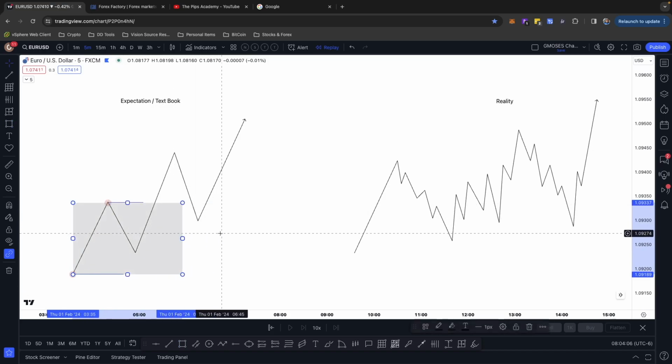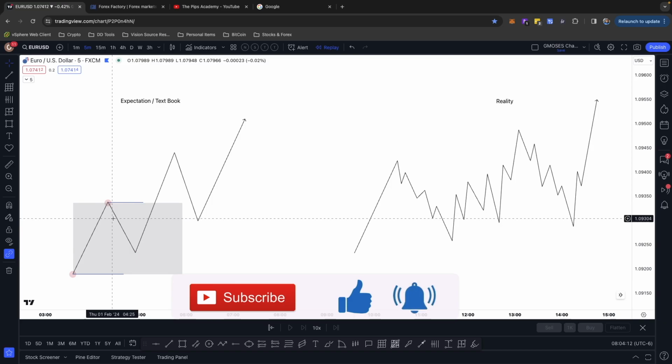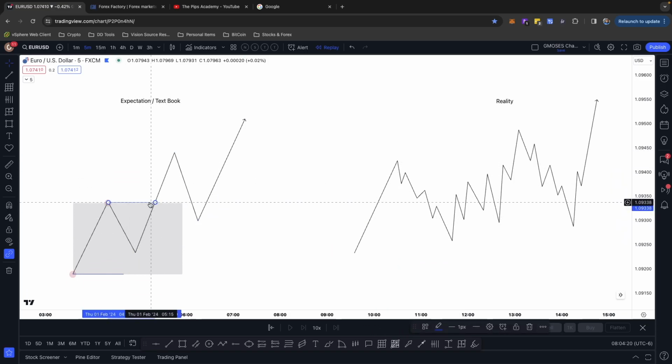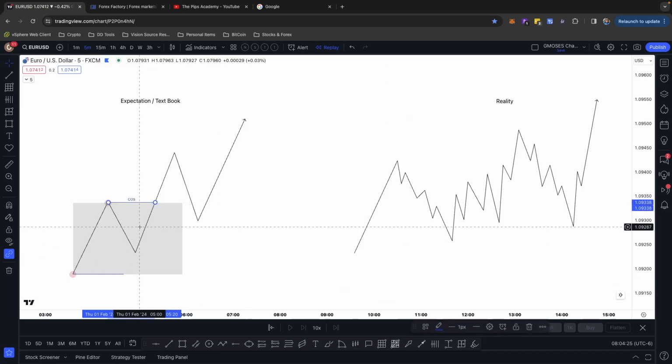Now, anything inside of this gray box that I just drew is considered as internal range or internal structure. Okay, so whenever price breaks out of this box, this is considered as a continuation in structure